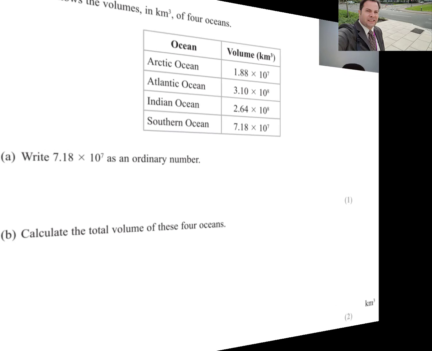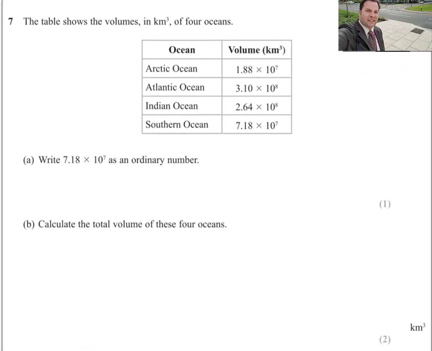Question number 7. The table shows the volumes in kilometer cubed of 4 oceans. Part A, write 7.18 times 10 to the power 7 as an ordinary number. This number is written in standard form, and I'd like to write it in ordinary form. So